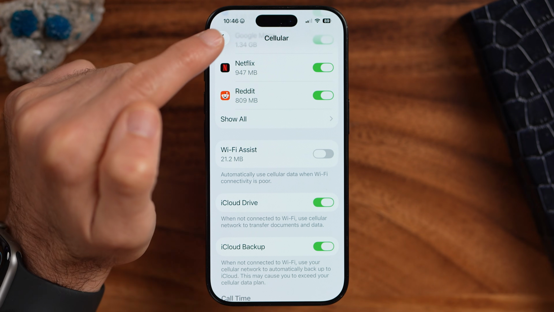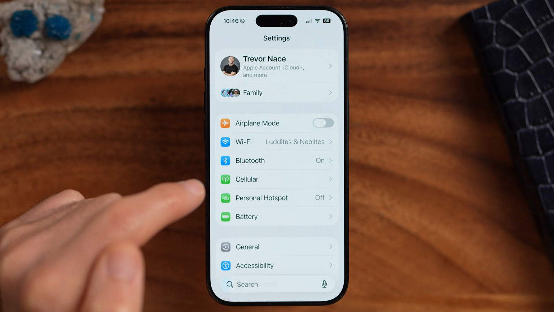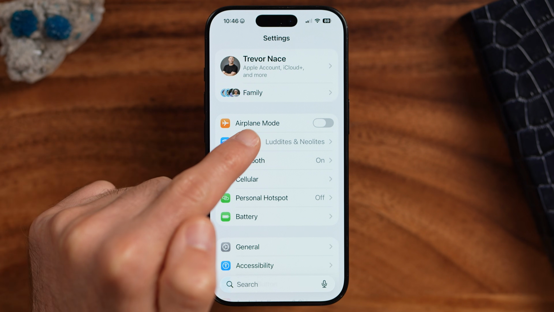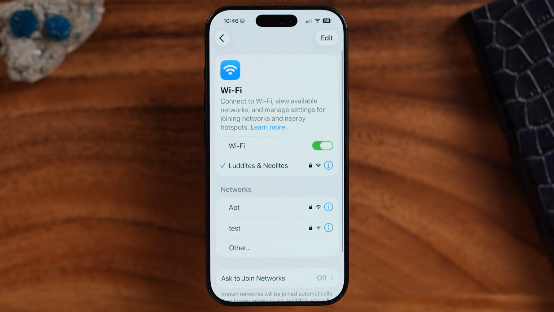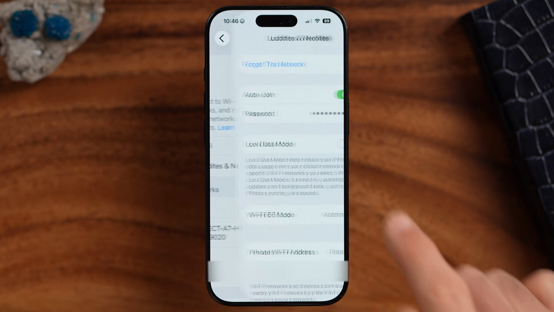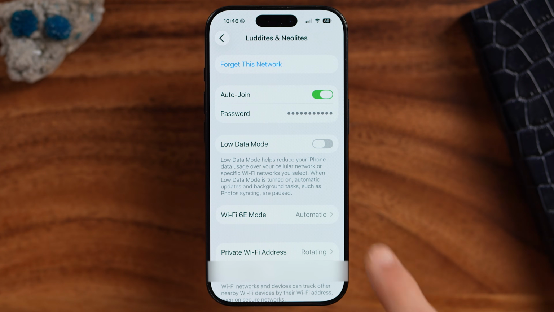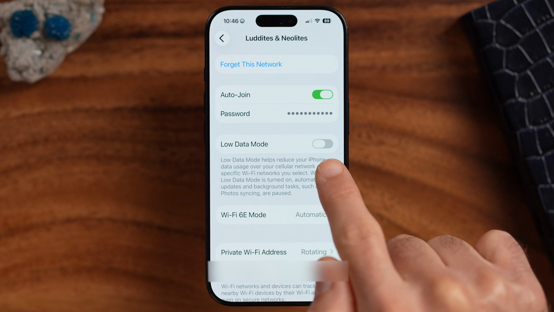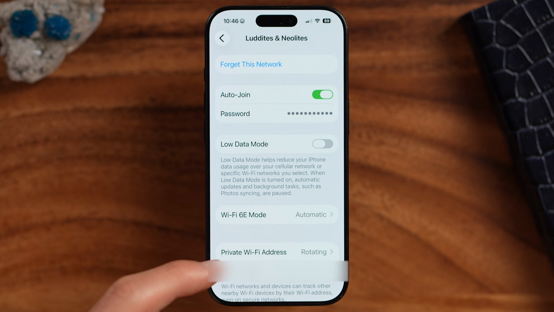That's the first thing, but let's check a couple things in the Wi-Fi settings. So tap back and tap on Wi-Fi. And next to your Wi-Fi network that you're connected to, tap on the little i next to it. The first thing you're going to want to do is make sure Low Data Mode is turned off, and then